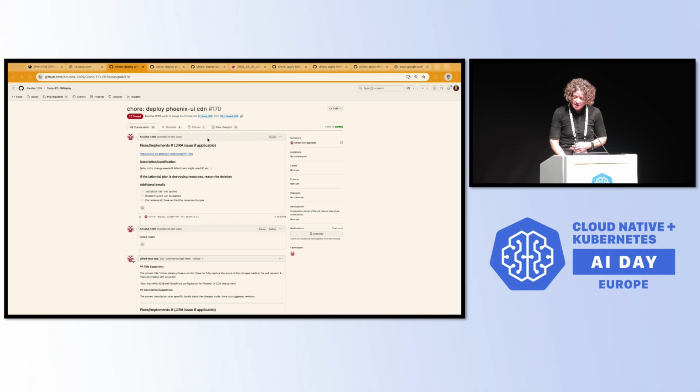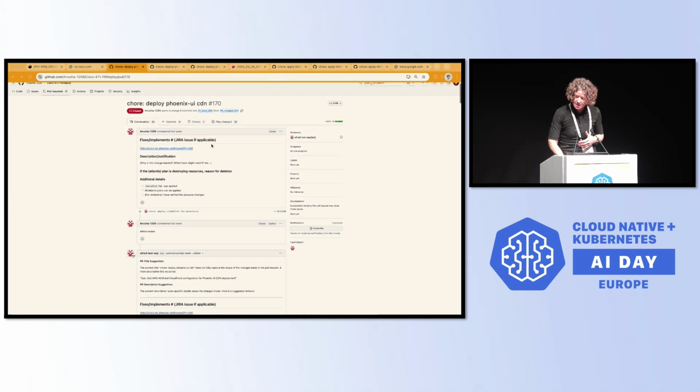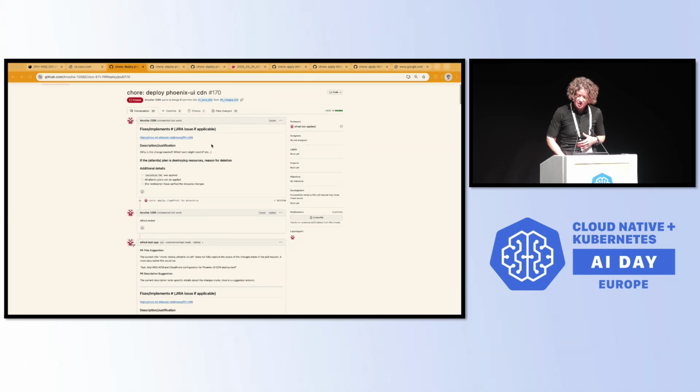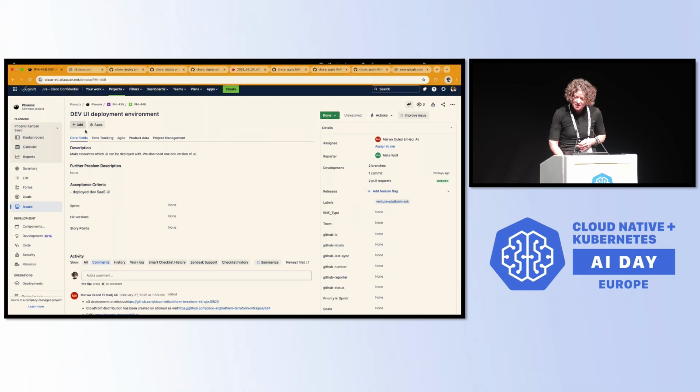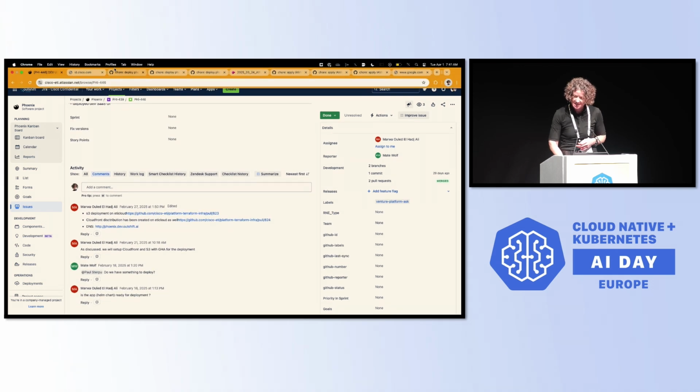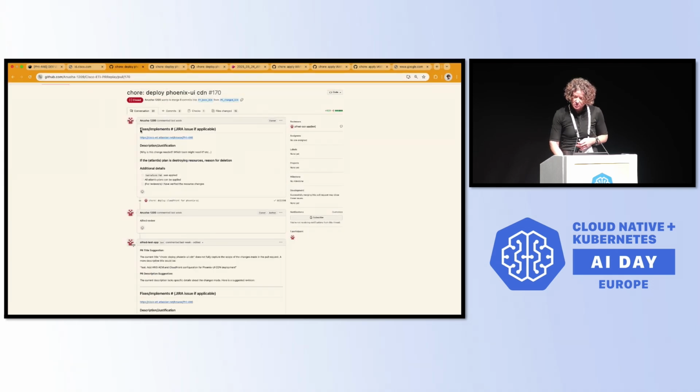So in this case, a Jira ticket has been opened that we need to create a CloudFront environment for one of our teams, and that is in this Jira ticket here. It's teeny tiny, and the only reason I'm showing it is because there's almost no content in this Jira ticket. So again, there's almost no content in the pull request that was actually opened.